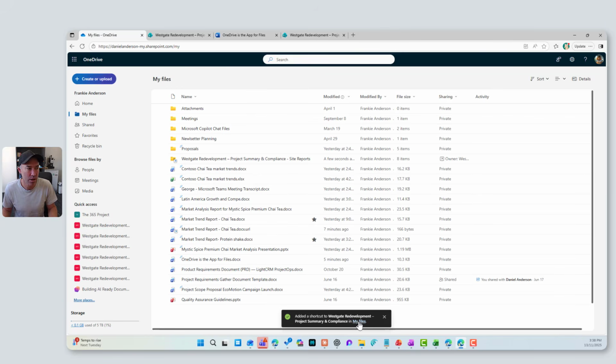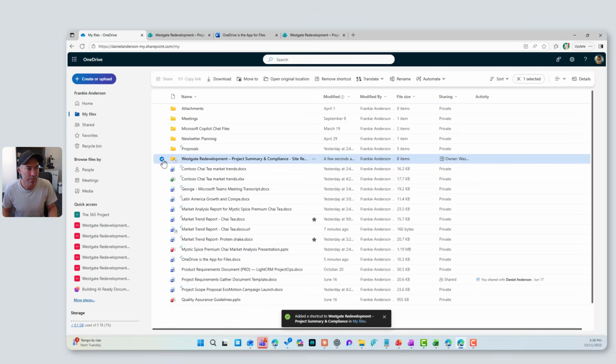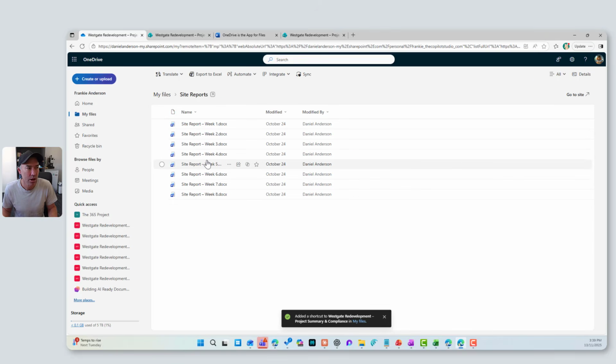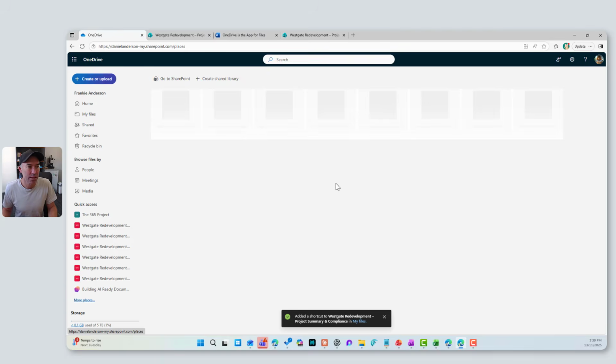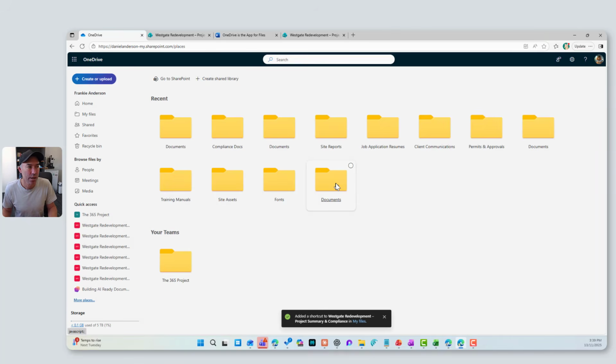So I'll click on my files. There's the folder that is the shortcut. It looks like a folder, but it's got that little shortcut icon. And when I click that, I've got access to my site reports inside of my files. Okay. I can then click on more places. Okay. And now we can see that I've got my recent